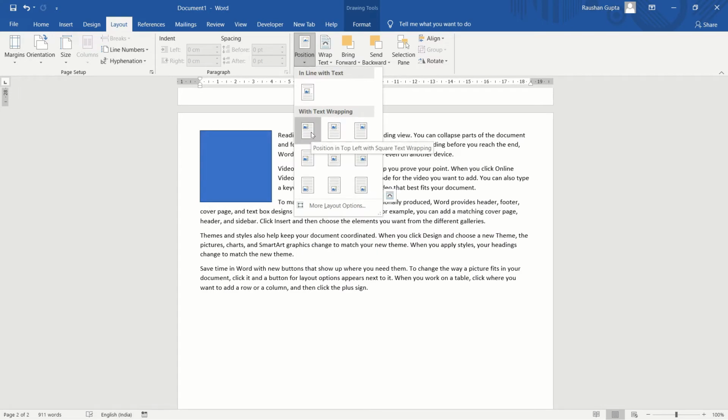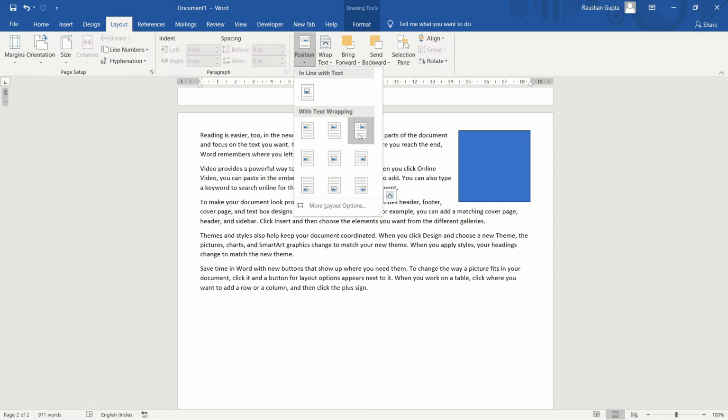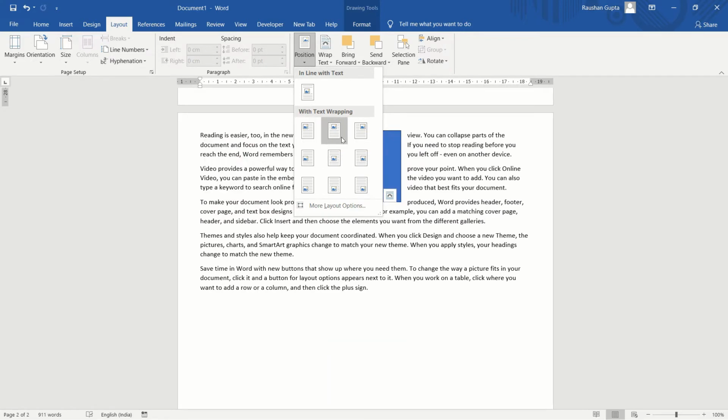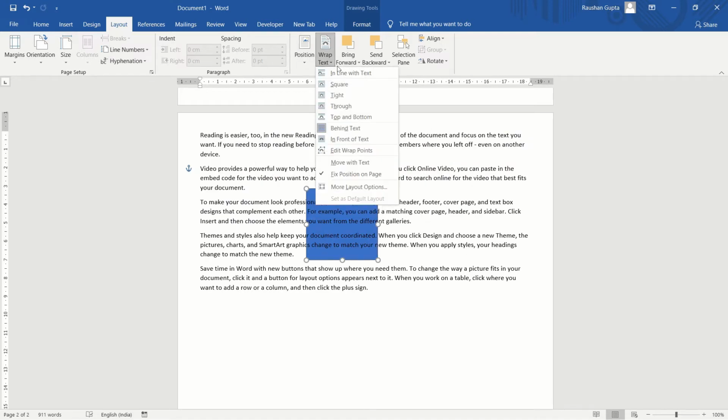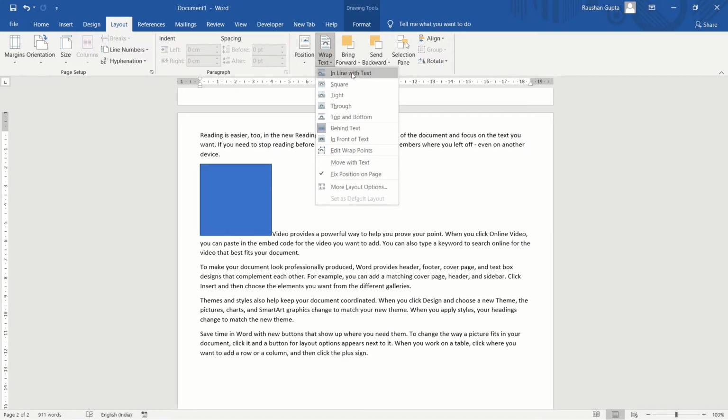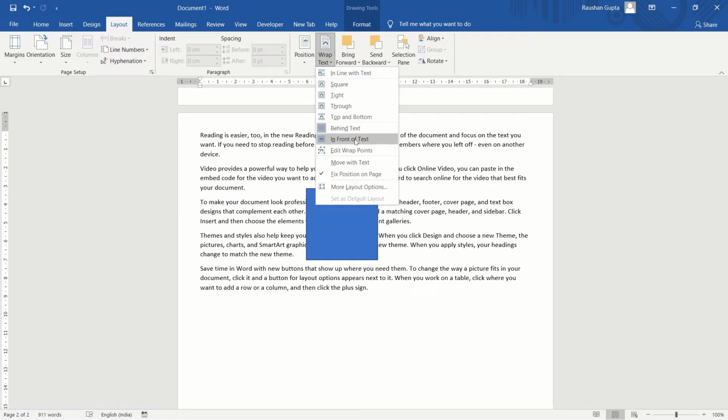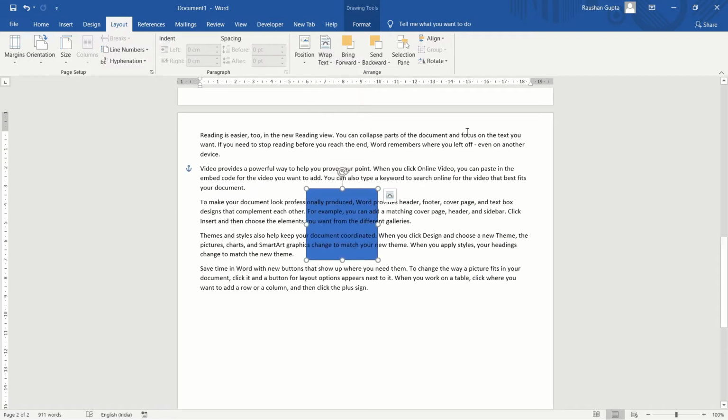You can place it on the left with square text wrapping, or middle or right, wherever you want to change the position, you can do it with this. And wrap text, you can wrap the text in line with text or behind text, in front of text, whatever you want, you can do it from here. Bring forward and send backward.